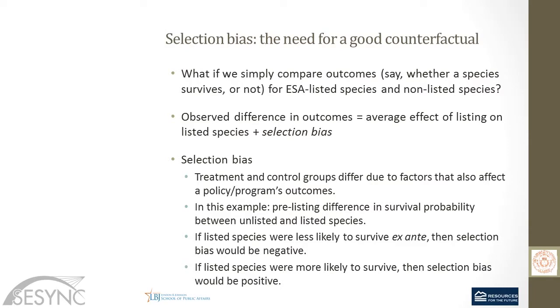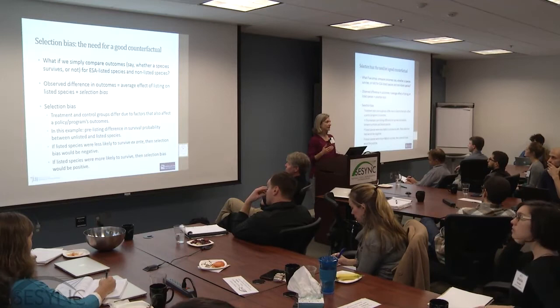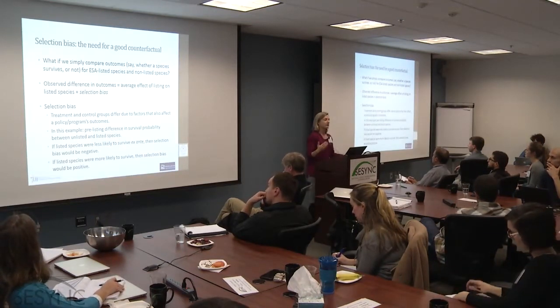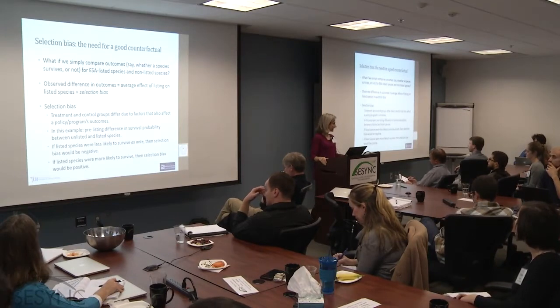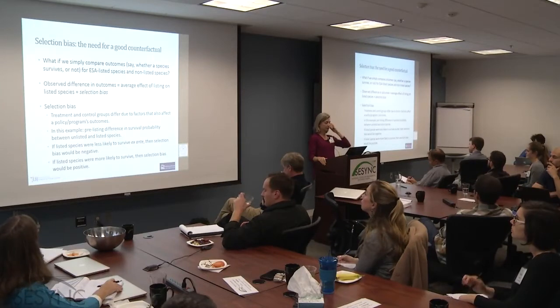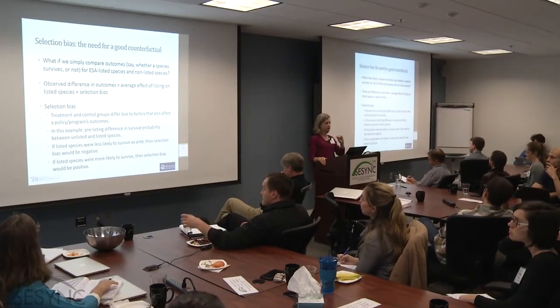So really the underlying problem that we're trying to tackle when we're using observational data to test a hypothesis is we don't necessarily know. So if I want to know, what happens when I list a species as endangered under the Endangered Species Act? Does it eventually end up doing better or doing worse? Okay, and this is an example, sort of a thought experiment that I'll carry through the discussion, and ultimately